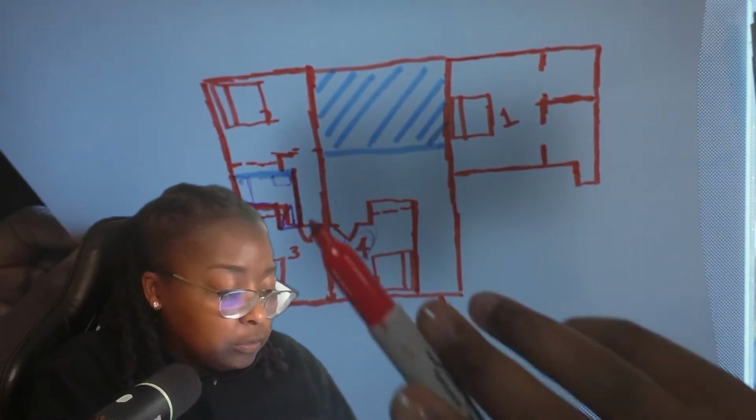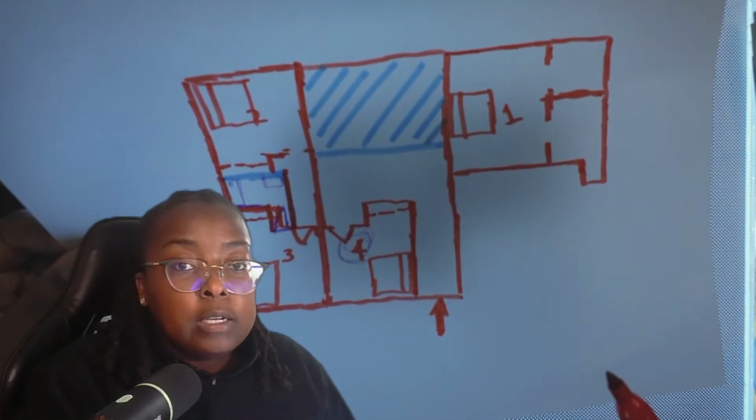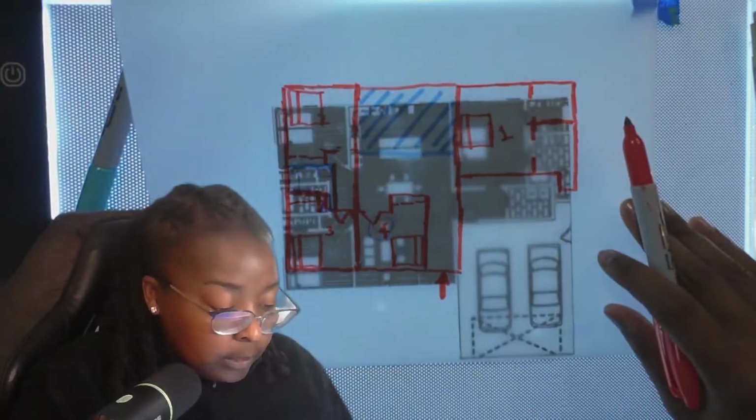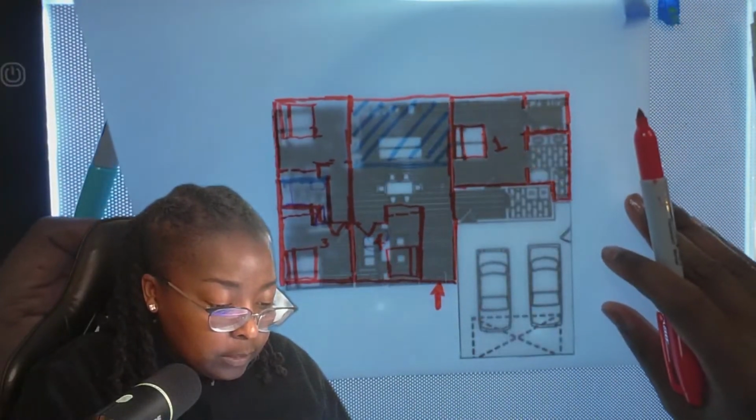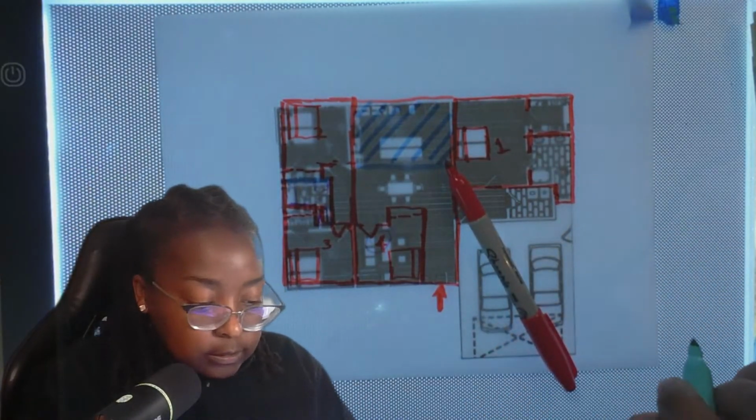So we have 1, 2, 3, 4. Let's add the 5th bedroom. And the way I envision that is